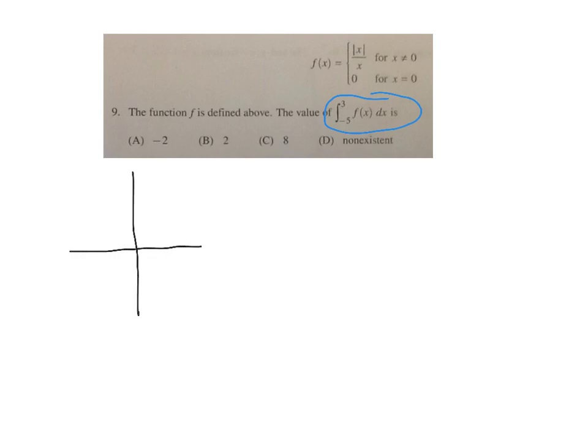And this is the non-calculator section. They're not going to give you too fancy of functions, but this one looks a little different. It's a piecewise function, and we have the absolute value of x over x for everything other than 0, and then we're told it equals 0 when x is equal to 0. So if we just do a quick plot of some points here,